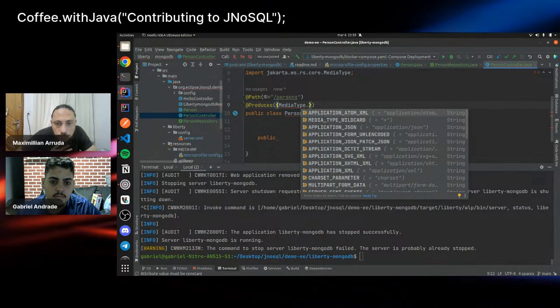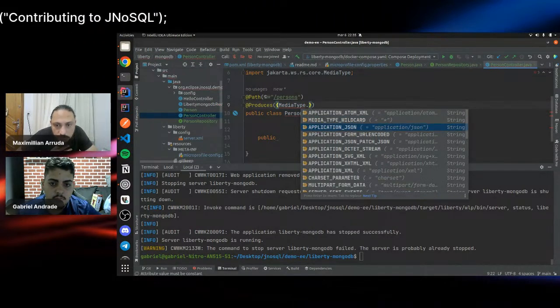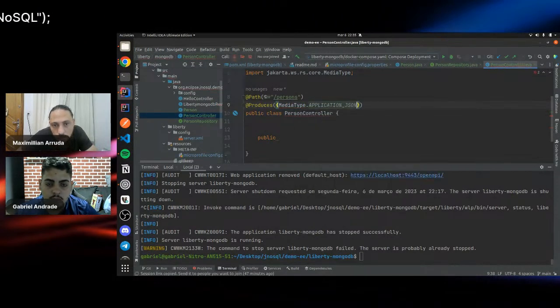I used to use JSON, application JSON. It's a good one.